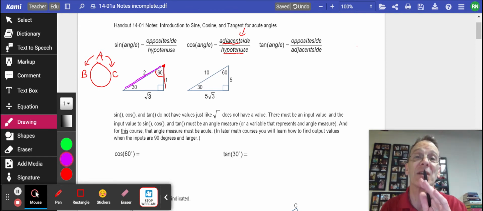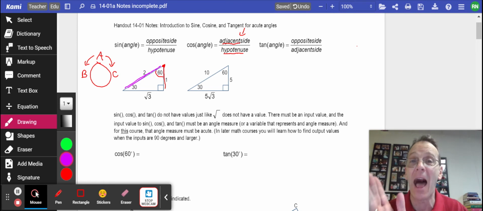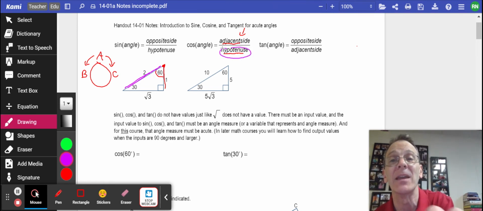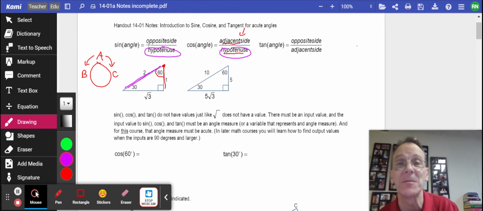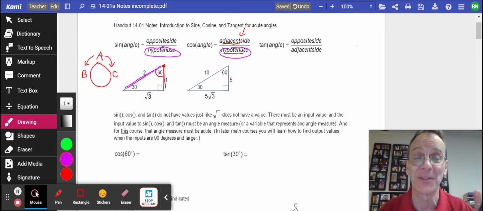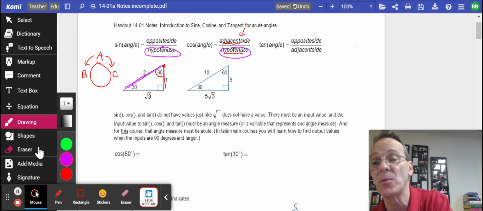Always consider the adjacent side to be the other side that you're standing next to, not the hypotenuse. You see, we've got the hypotenuse in 2 out of these 3 definitions. Adjacent side must mean something else, not the hypotenuse. Okay? So,